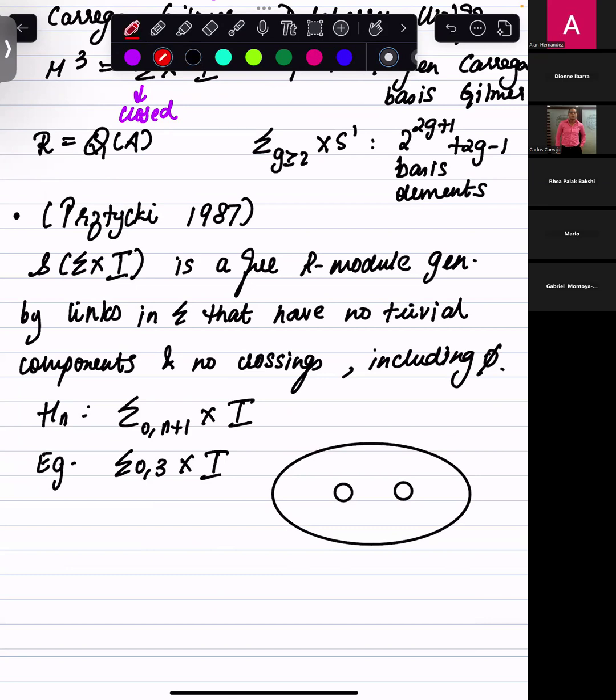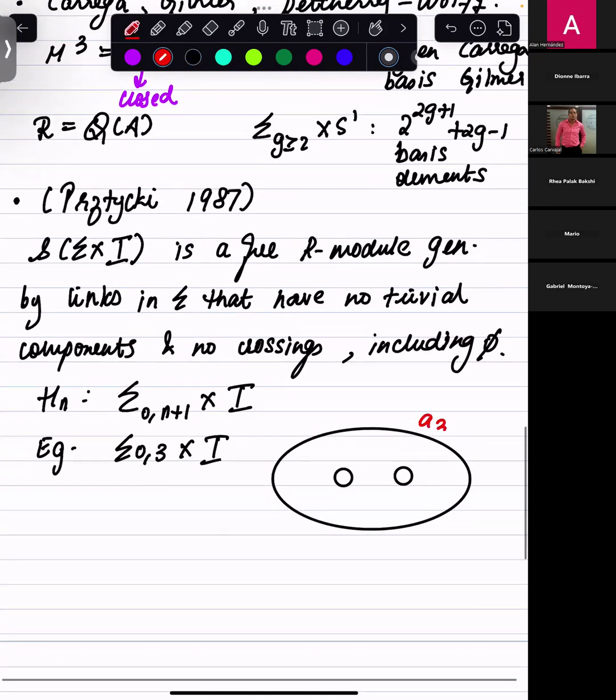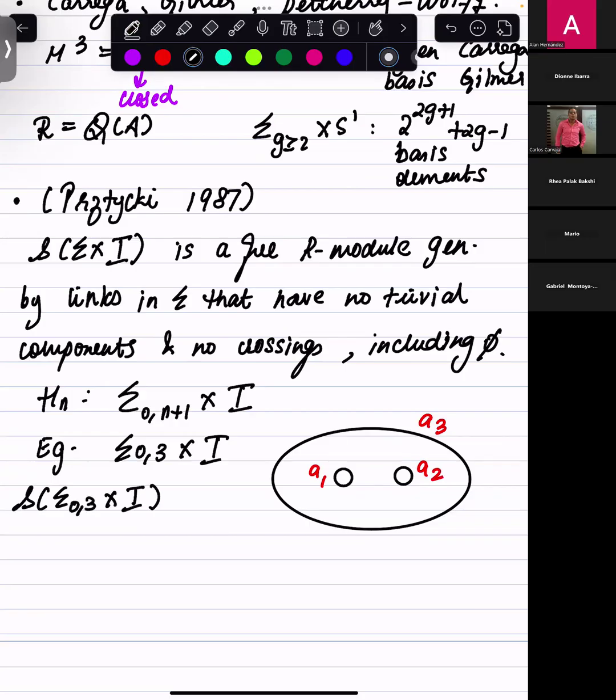And by abuse of notation, let me just call this the boundary component A3. This is the boundary component A1. This is the boundary component A2. And then what this tells me is that the Skein module of this 3-manifold, which is the genus 2 handle body when you thicken it up, this is free. It's infinitely generated